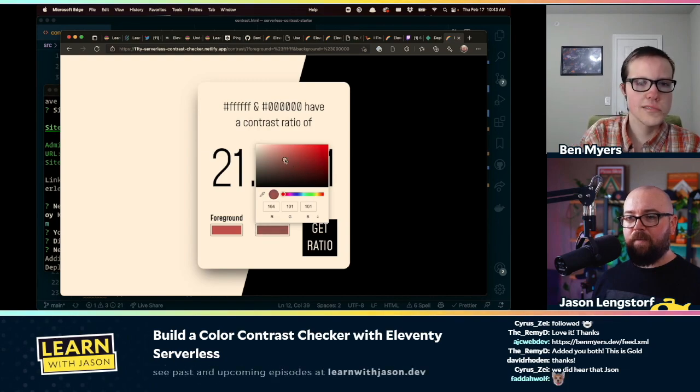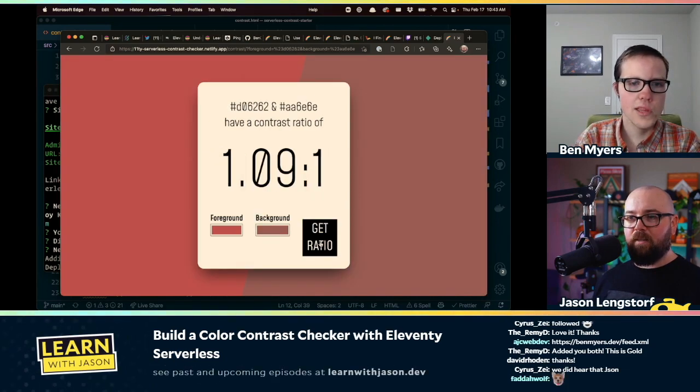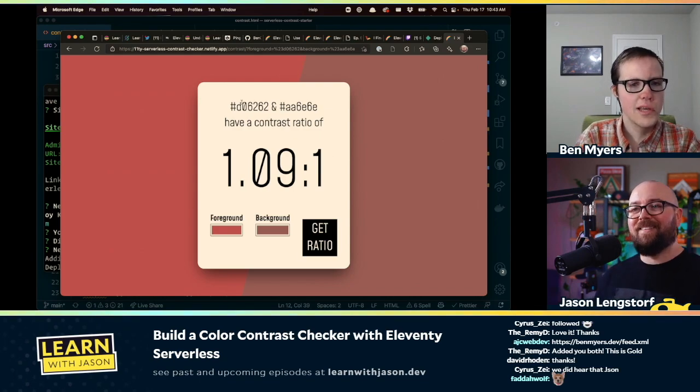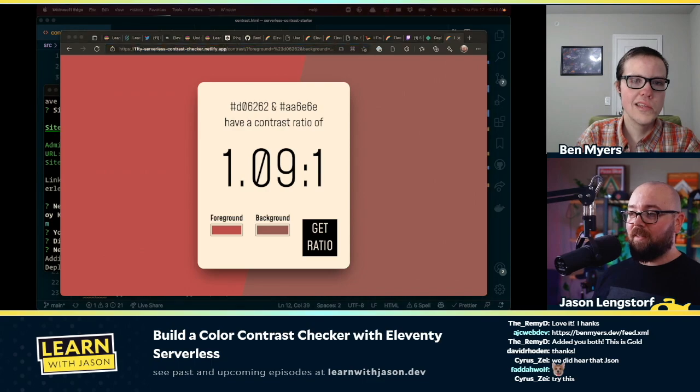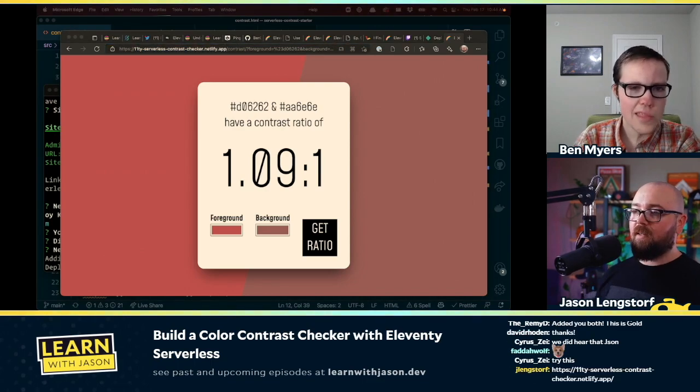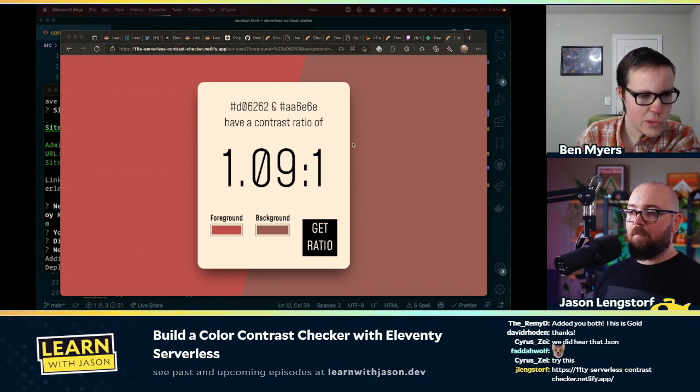This one's gonna fail contrast. Yeah, very much so. All right, y'all. So now you can go and play with this. It's working. And if you're ever curious about how the math behind this is working, the single most important factor